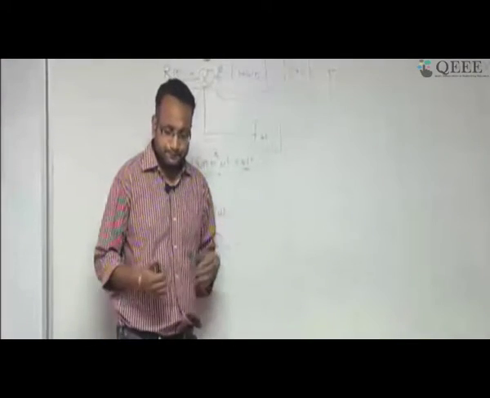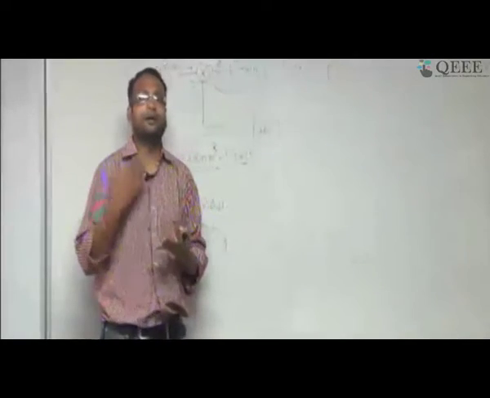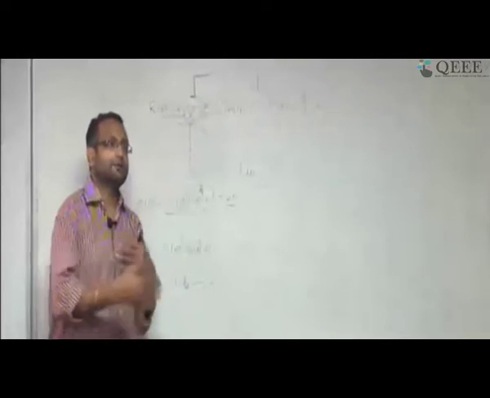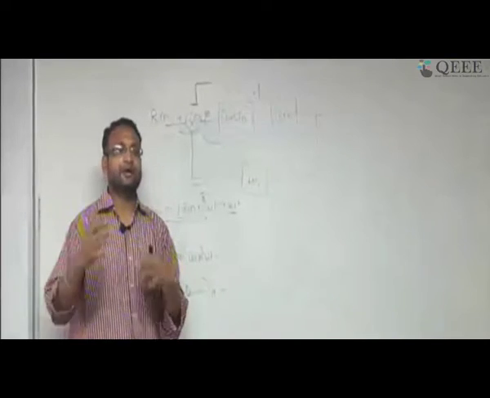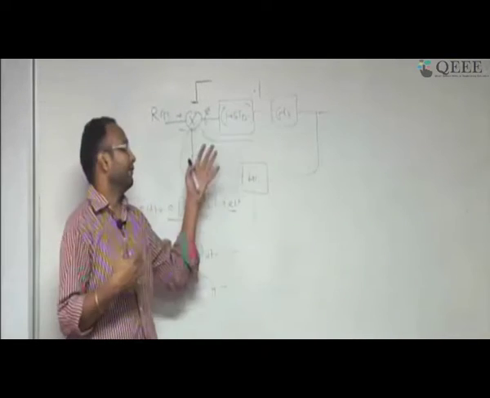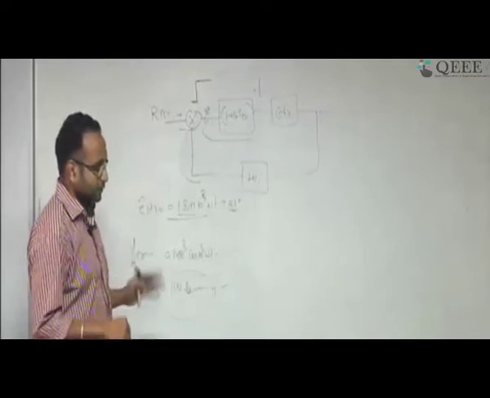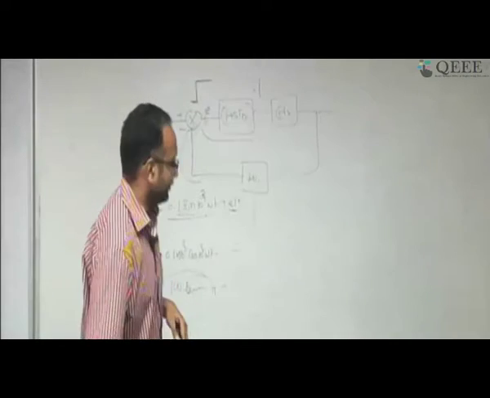So, for these three controllers, I just want to summarize: proportional controller, integral controller, derivative controller. The proportional controller has pros and cons. The integral controller has pros and cons. The derivative controller also helps you improve the speed, but one has to worry about the noise. So these three controllers, and how they affect your time response, one has to be very, very careful about.